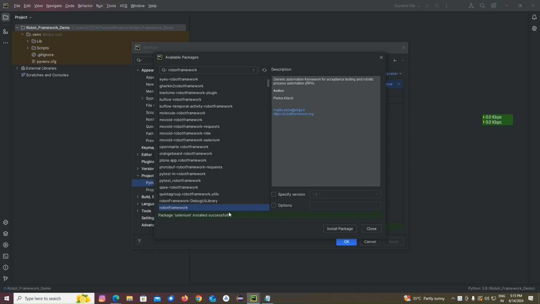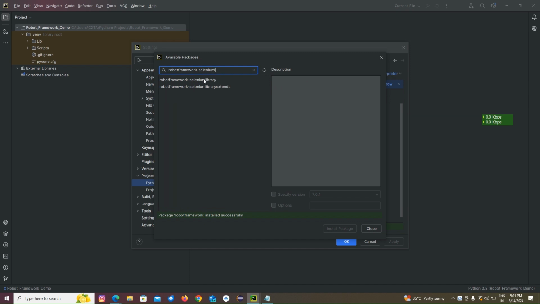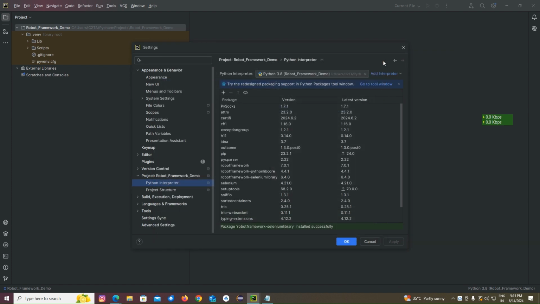Okay, install package. Next one is Robot Framework Selenium library. Install package. So these are three libraries we should do. And Intellibot also we should do. Okay, let's go